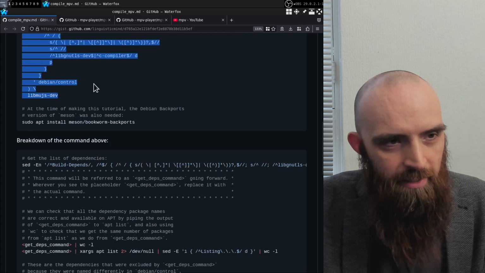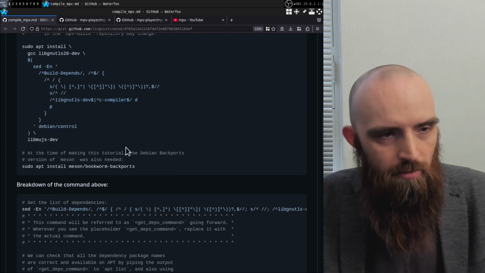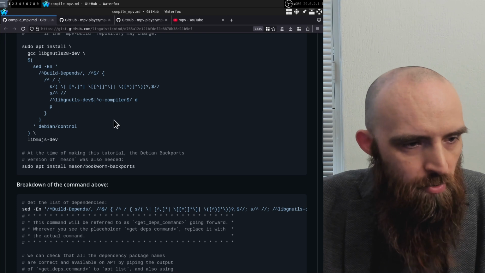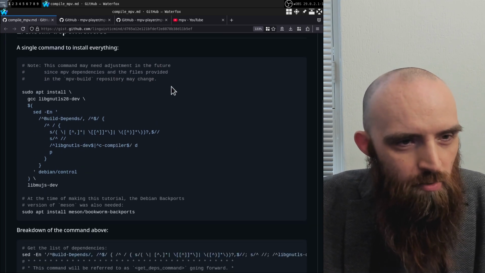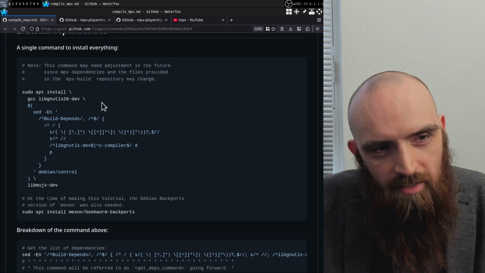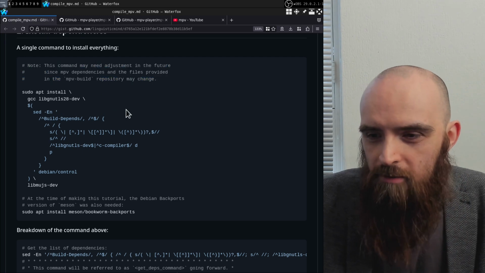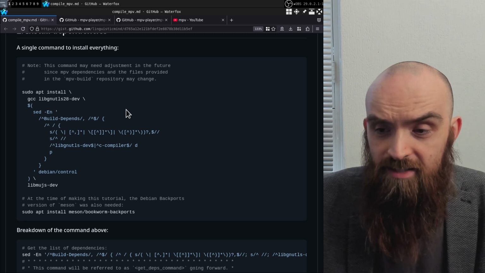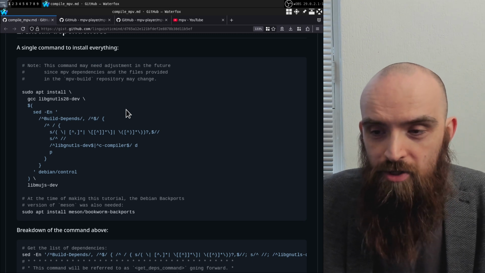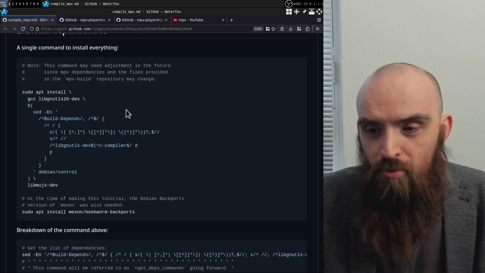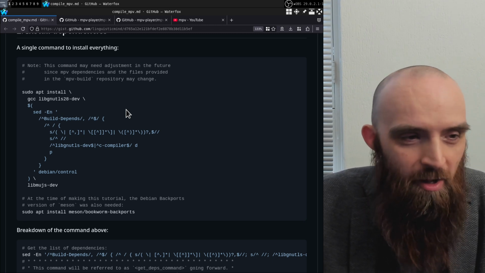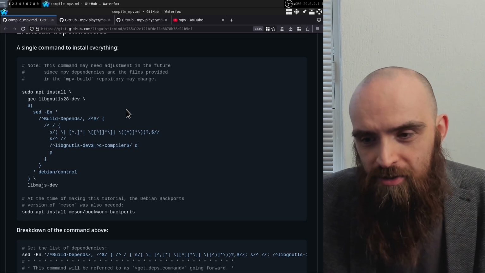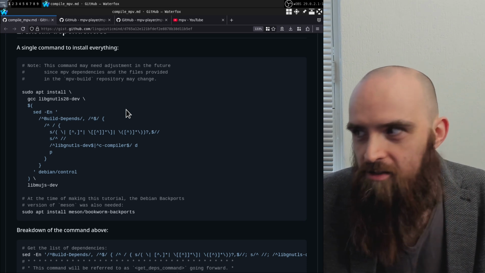So sort of like how I came up with this command. I will explain how this works here in this tutorial. But what I also want to mention is what this note says: I can really only provide instructions for this point in time. What I'm hoping to achieve here is to describe the principles by which you can obtain the necessary package names and install them, so that hopefully when something changes in the future, what I described in this tutorial will